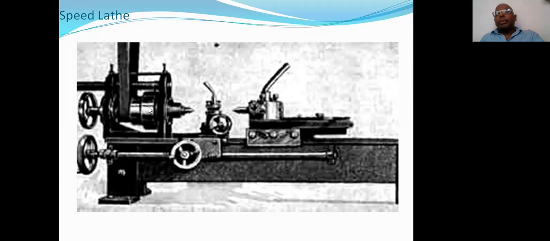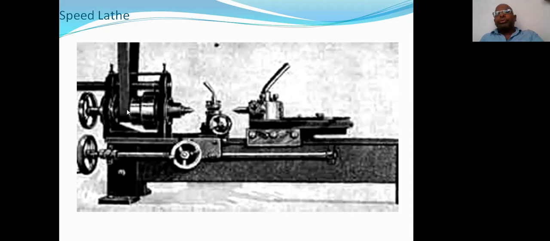Whenever we want to apply slow speed, the belt position is supposed to be placed over the larger pulley. Otherwise, if the diameter is very small or the material is very soft, very simple, it requires high speed. For that special application, the belt position should be placed over the small size